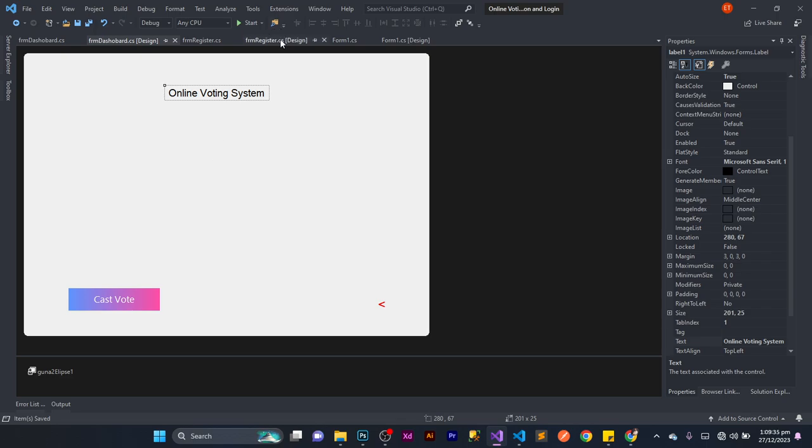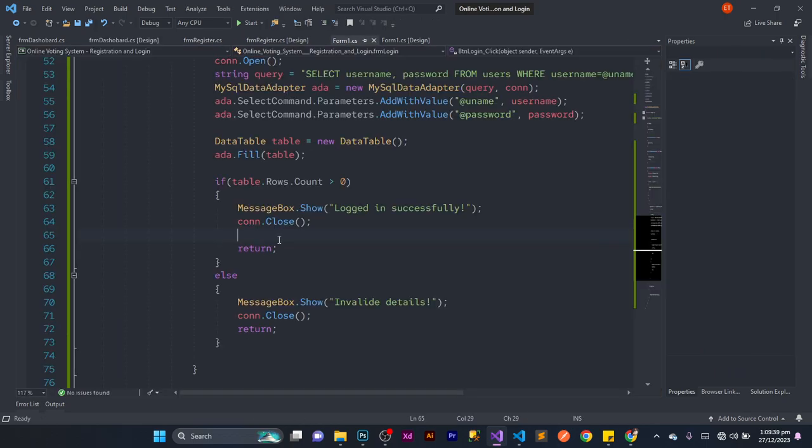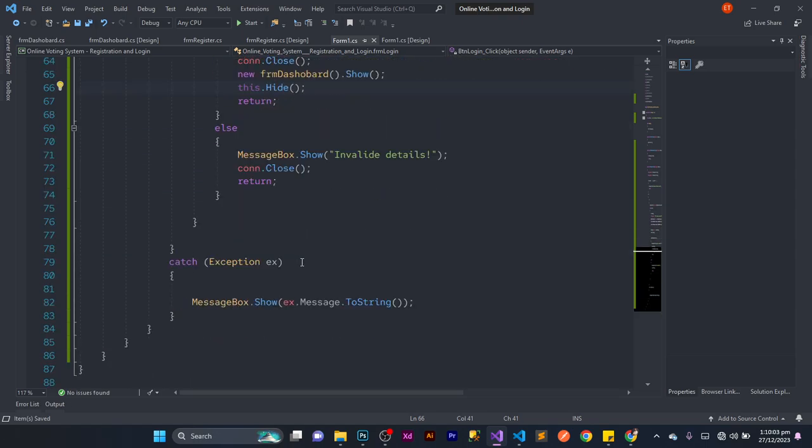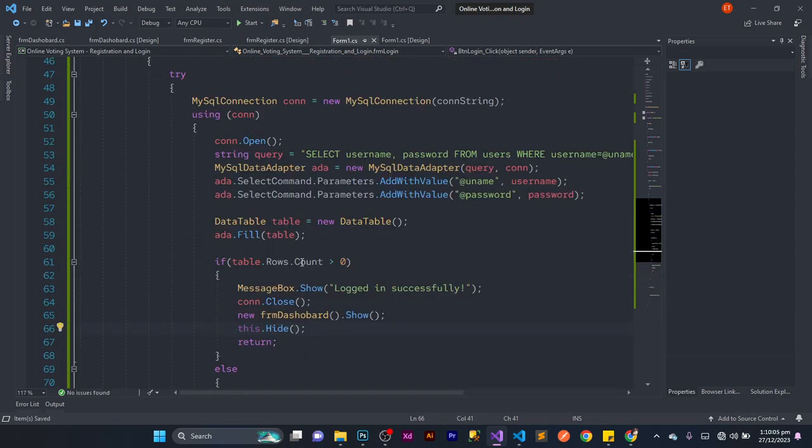Now inside the login form, we're trying to do something over there. So here, say that's new FRM dashboard like so dot show. Okay, and then this, should we hide it? Let's just hide the login form. All right, let's just hide it. Just hide the login form. And that is pretty